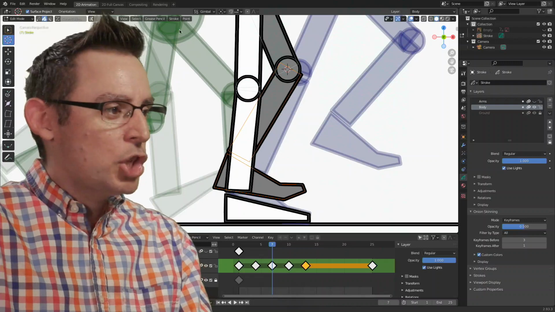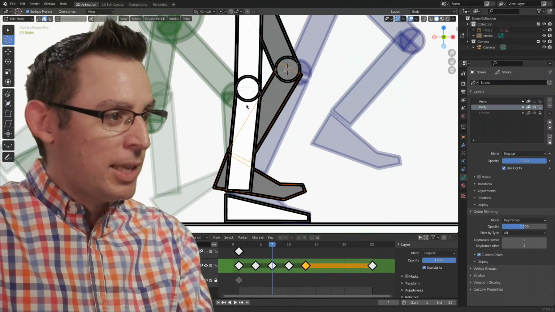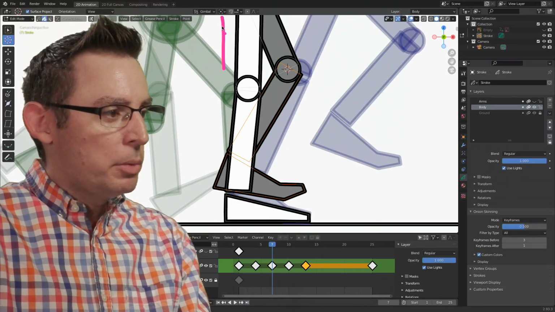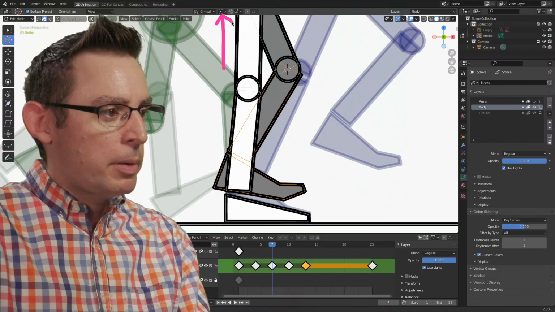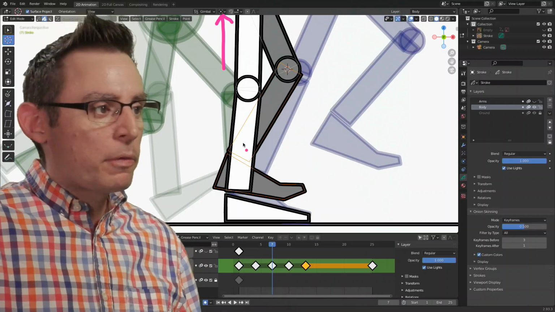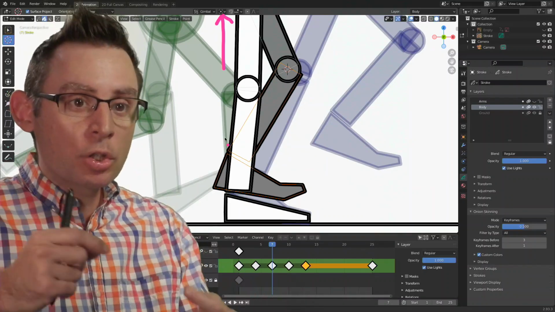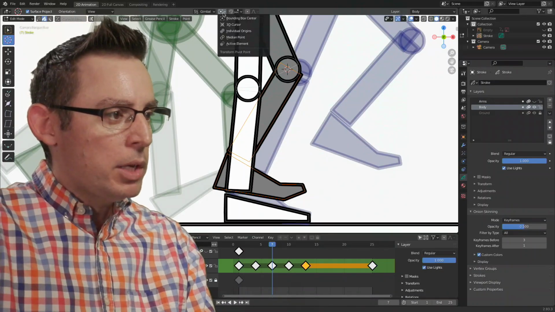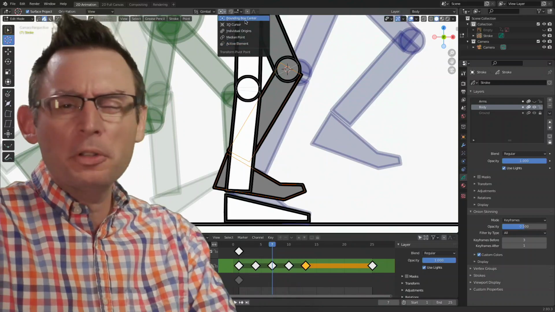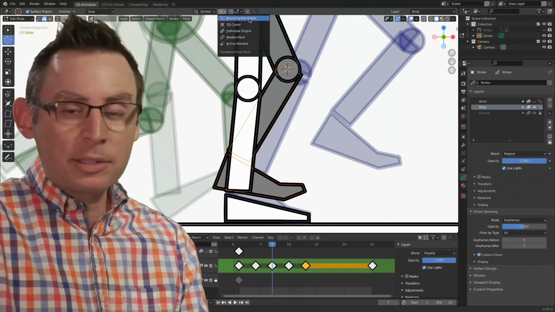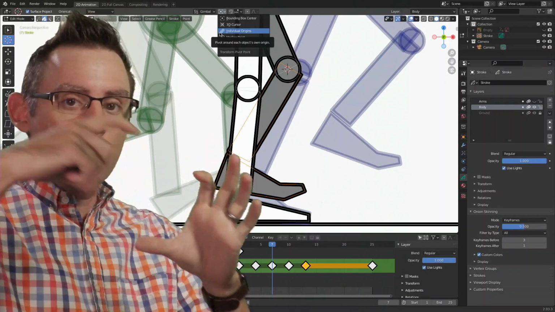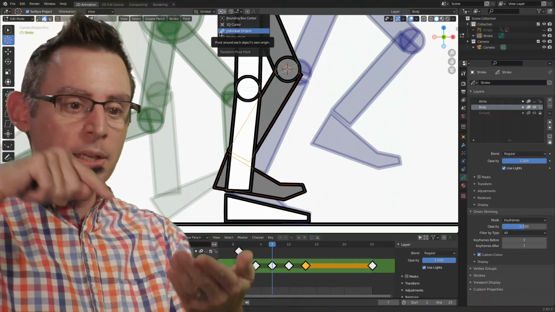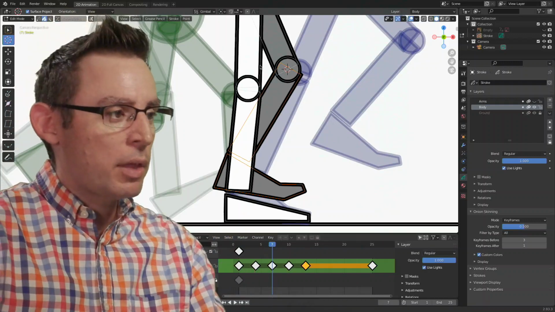There's one additional change that we need to make to our scene, and I apologize, it is very small, and you'll have to examine your screen a little bit more directly. It's this button right up here at the top. This button at the top of our viewport is going to change the location our tool handles and our rotation tools are going to be evaluated from. If we go in here, we have a whole bunch of options. The default, if I remember correctly, is bounding box center, which is going to draw a box around whatever's selected and put the location of rotation in the center of that box.